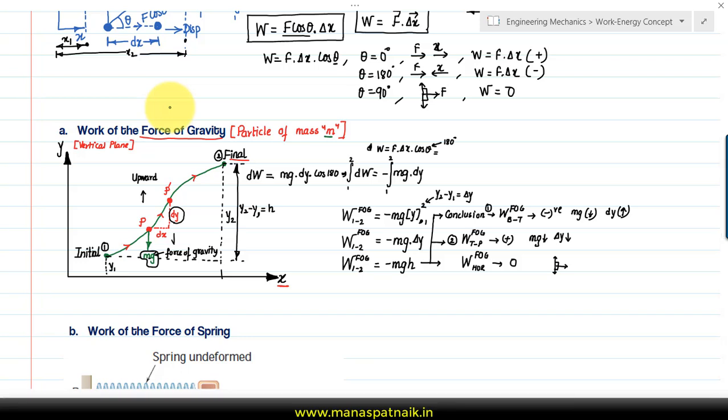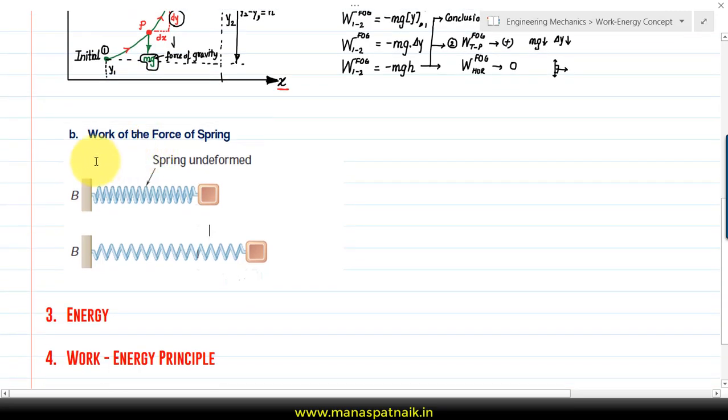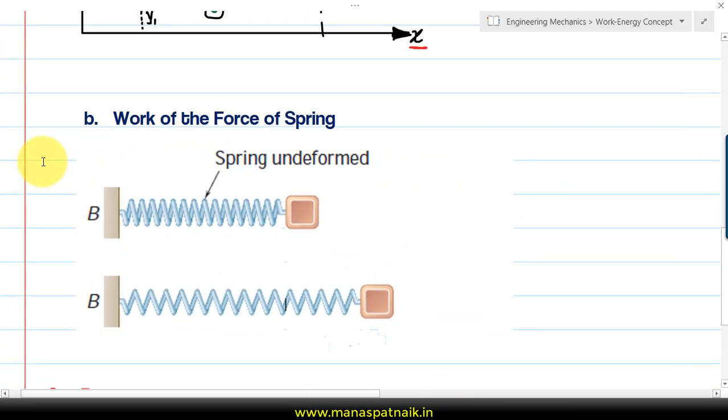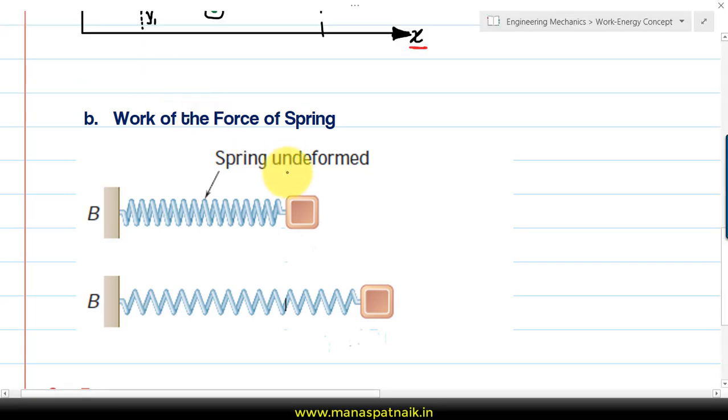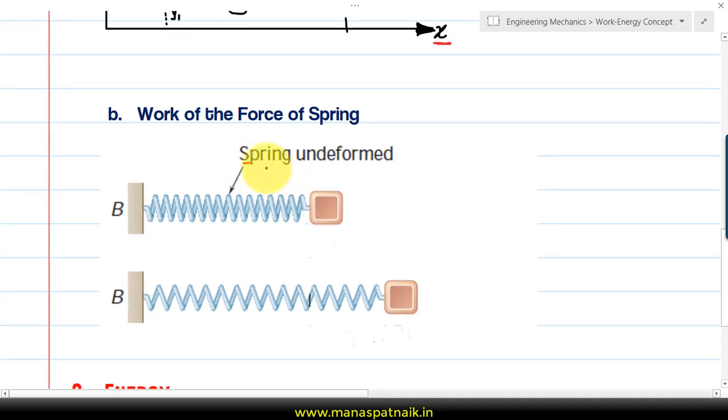Now let's try to figure out the work done by the force of spring. So here it is. That's it. Now let me use a red color for explaining you guys. So this is the relaxed position of the spring, the relaxed state of the spring. That's the position and that's the final position. What we're trying to do is pull the spring, let's say with the help of this external force, and in that process the spring elongates by a certain amount, let's say by a very small amount,